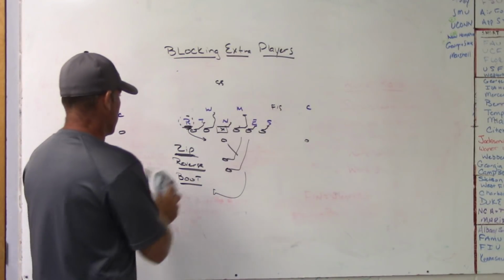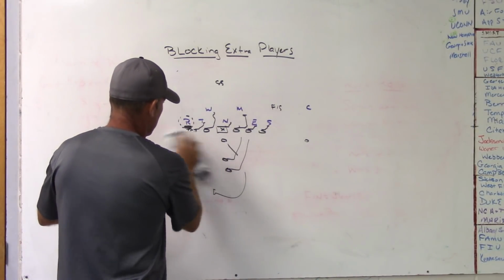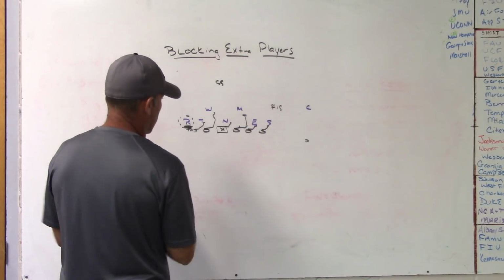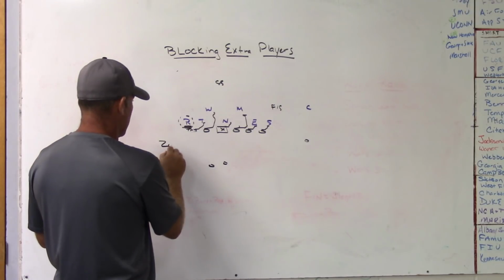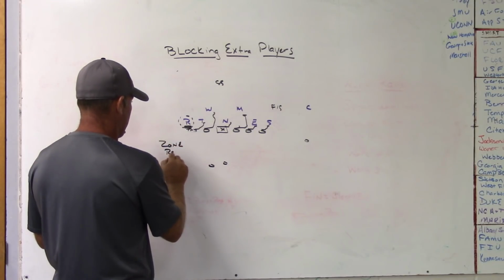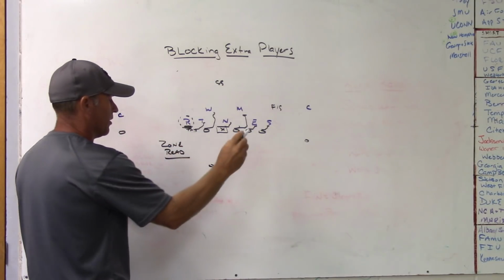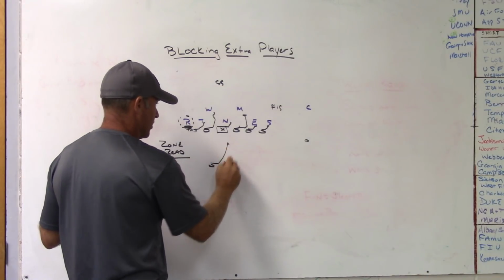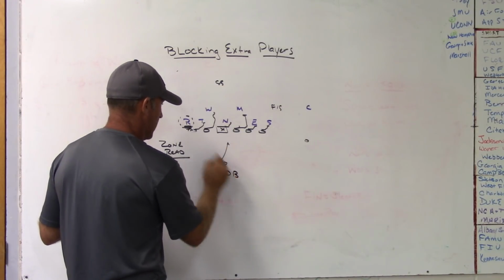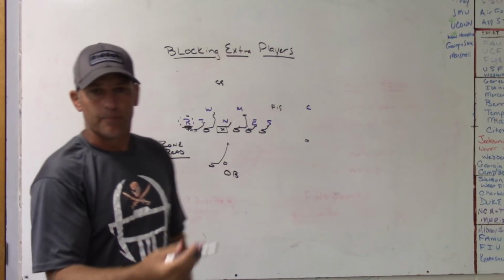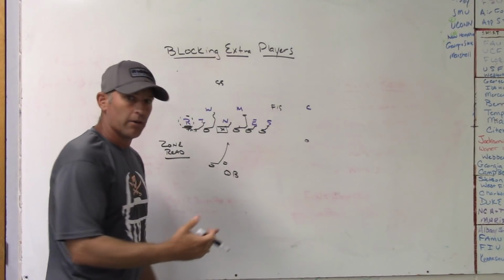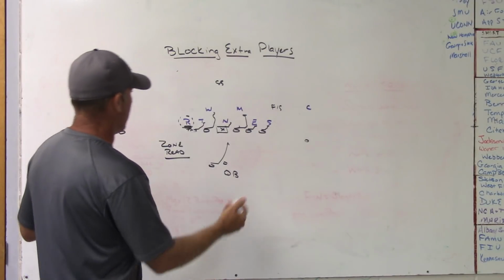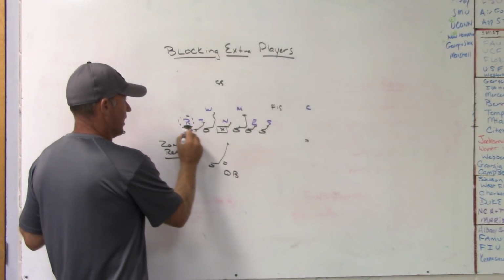Well, obviously as the game started to progress and all of a sudden teams started getting into the shotgun, zone read became one of the ways that you started handling that backside guy, because you were in the shotgun. Now all of a sudden you were going inside run, and your QB was handling that guy by reading him. And the zone read play became so prevalent, slowing down how teams play that five technique on the